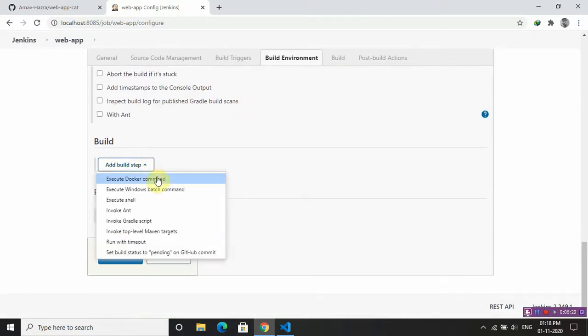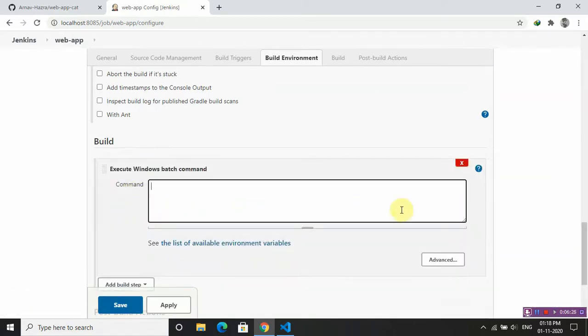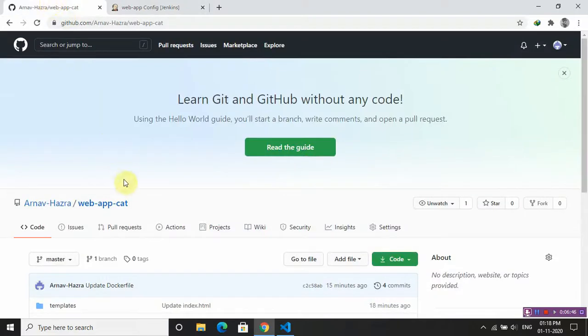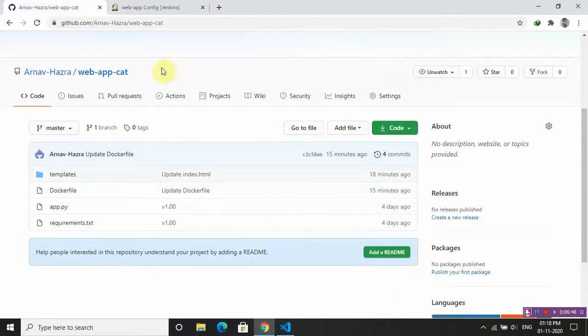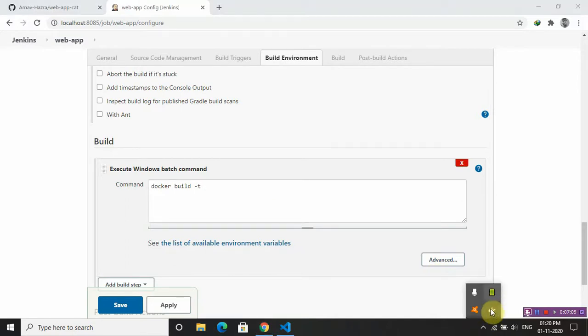And add a build step. Since this is a Windows machine, I'll execute a Windows batch command. First I will build the image. To build the image we will use the docker build command: docker build -t, where -t is for the image tag name.